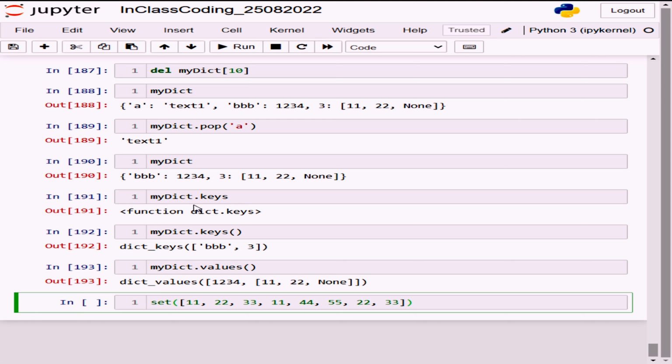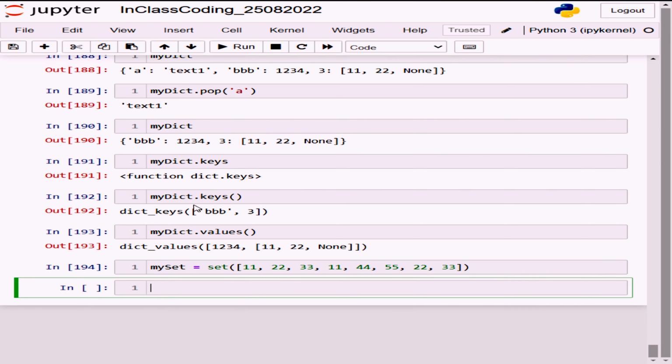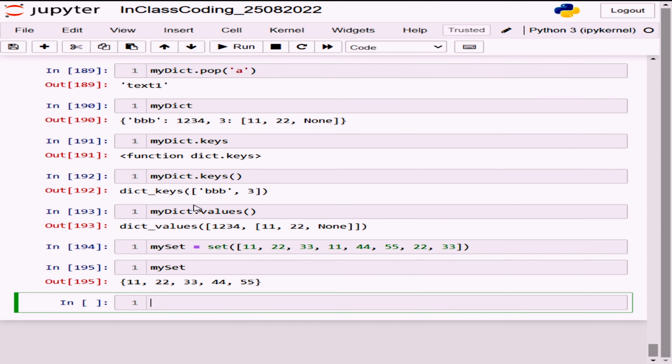The idea is that you need to recall the set theory, which you have studied. So let me write my set equal. I just want to show you what the data type is. That's why I have assigned it to a variable called my set. Now I run this, and if you print my set, you see that